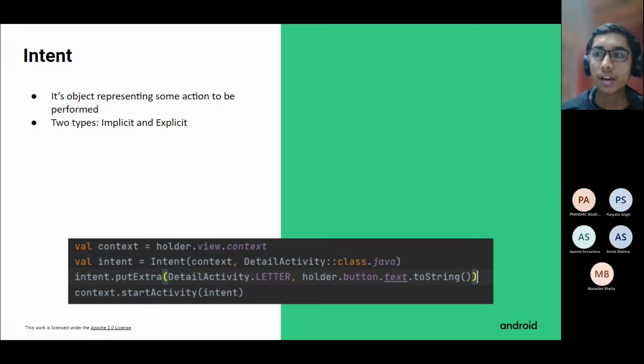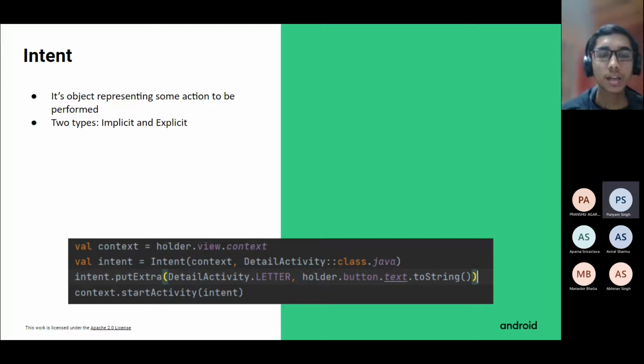Before that you say intent.putExtra, and you give two arguments. What putExtra does is basically you're passing data to the next activity. When you say DetailActivity.LETTER, you're saying that when you're passing the data, you need to refer to it by some name, right? So that is what DetailActivity.LETTER refers to.